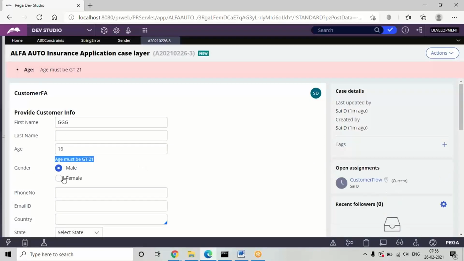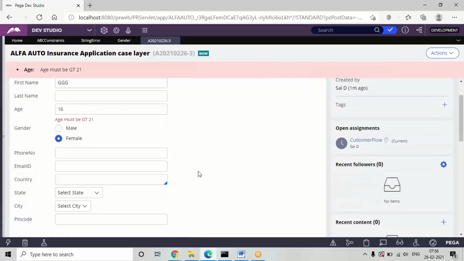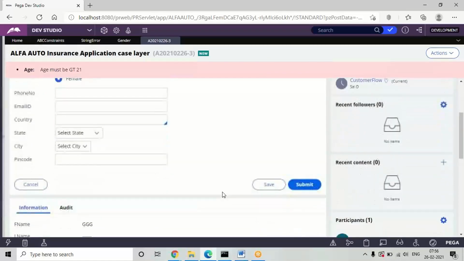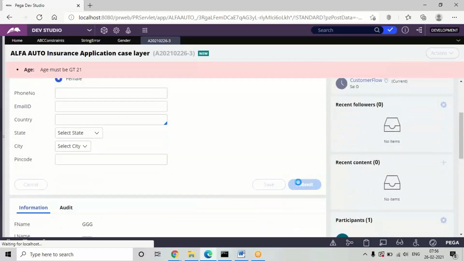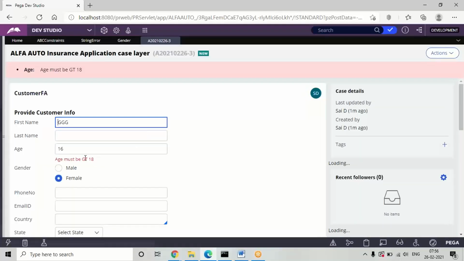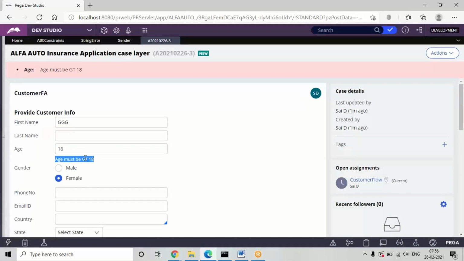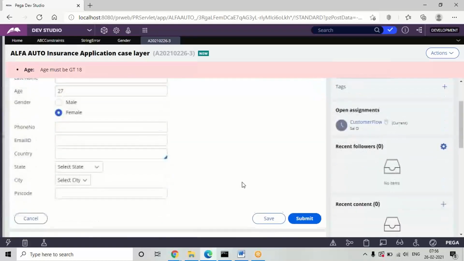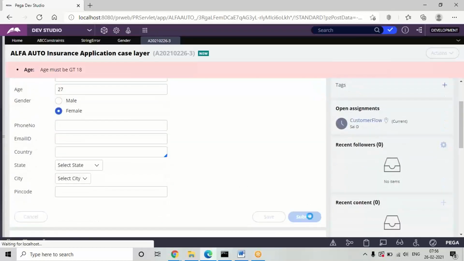And if I select female, keeping the same input for age, it will throw the error as age must be greater than 18. So like that it will read the input and generate the error message according to the condition given. If you give a valid input, you can submit the design.